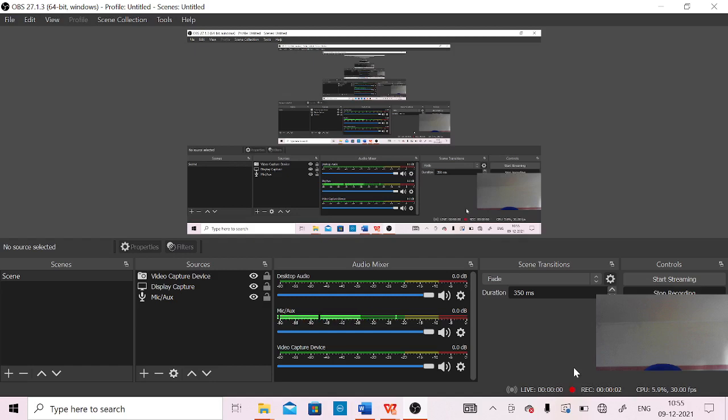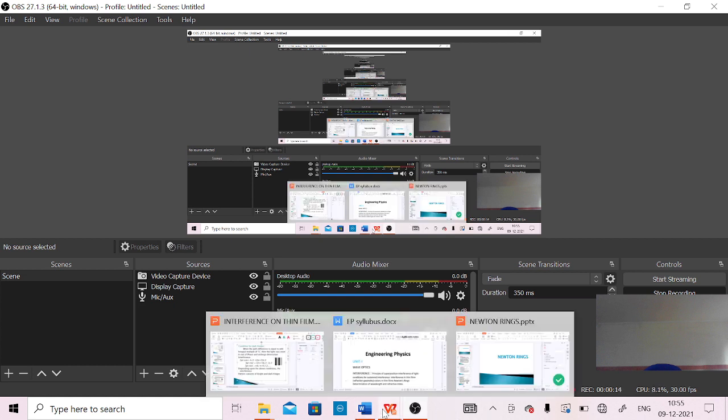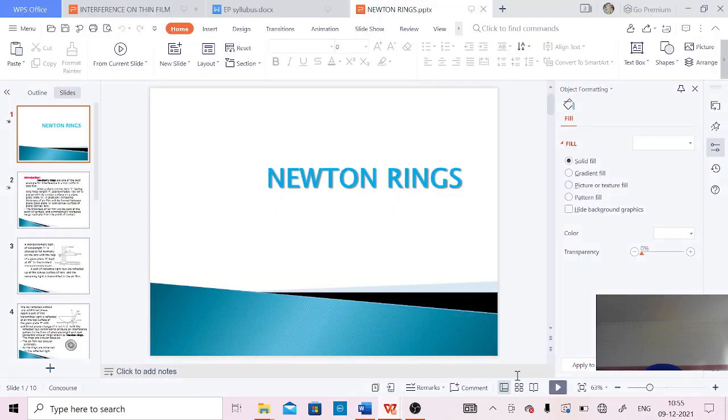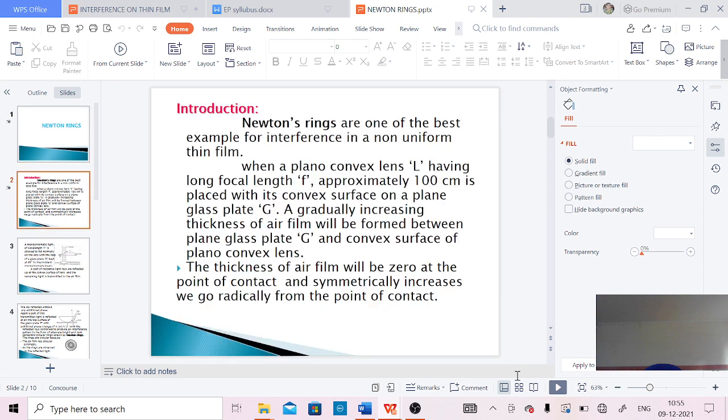The next concept in interference is Newton rings and the determination of wavelength and refractive index. Now, let us see what Newton rings are and how they form. Newton rings are one of the best examples of interference in a non-uniform thin